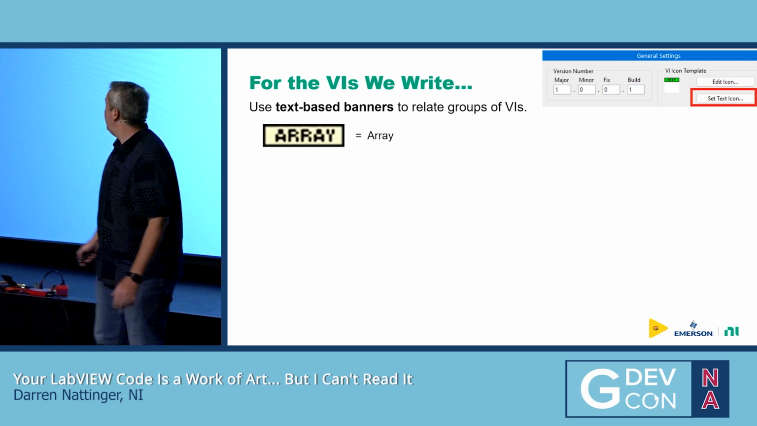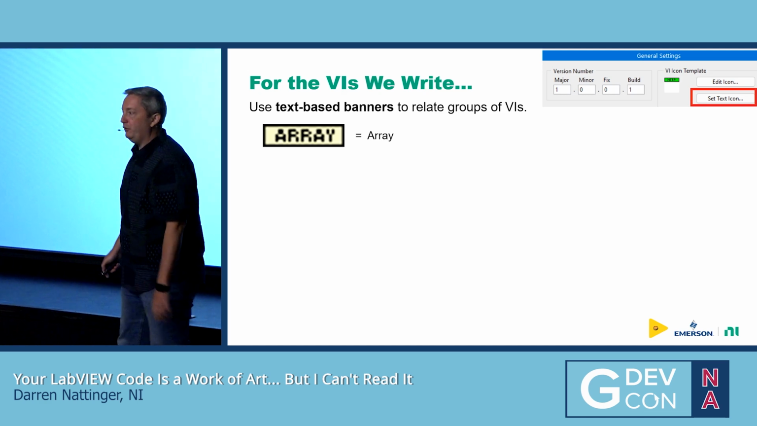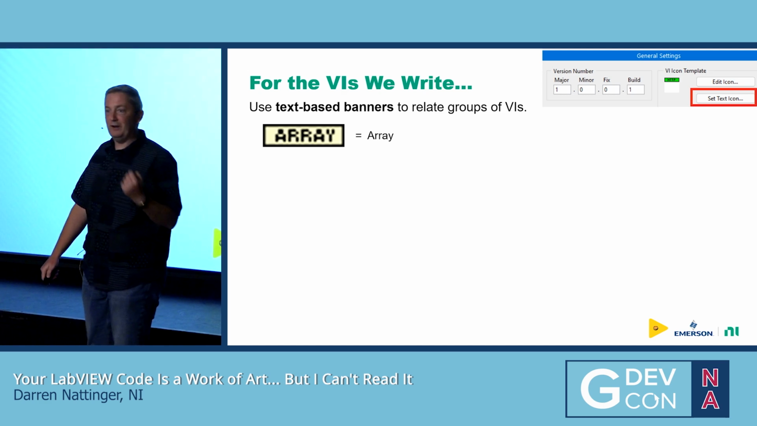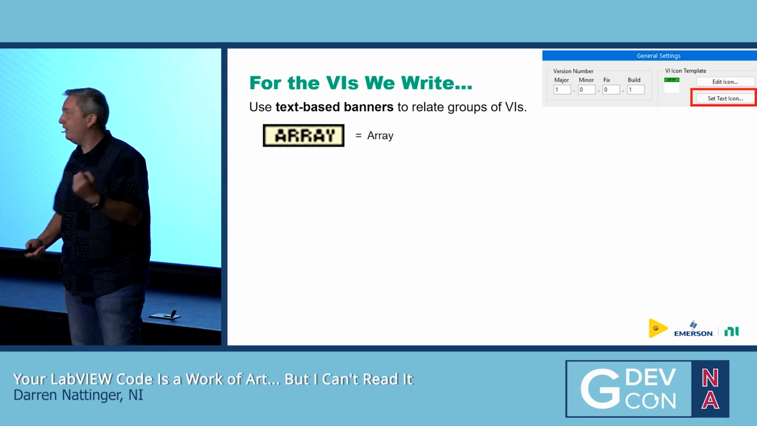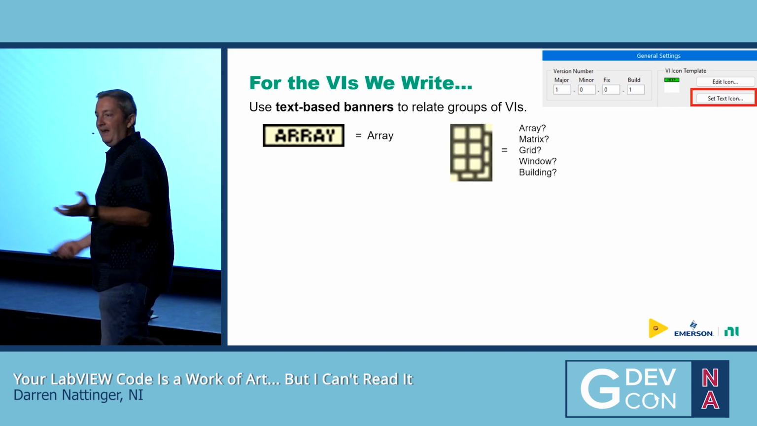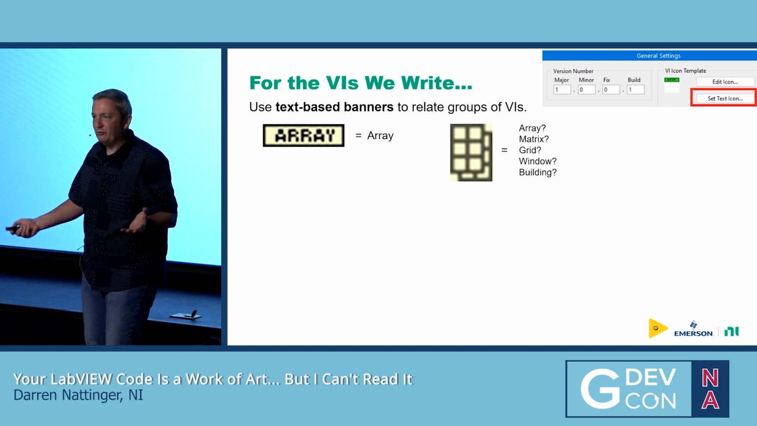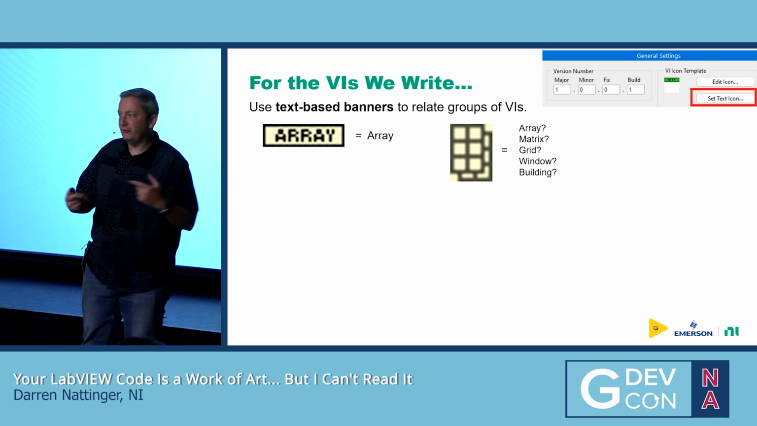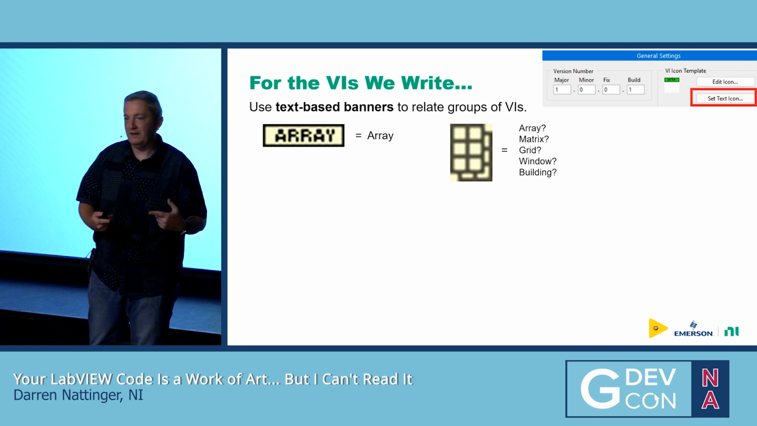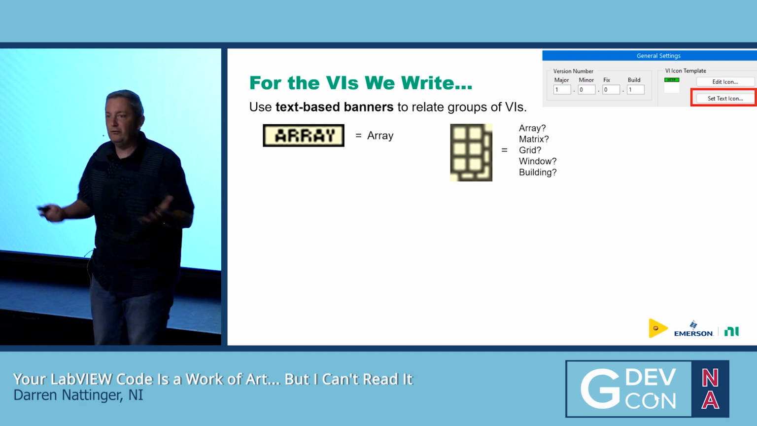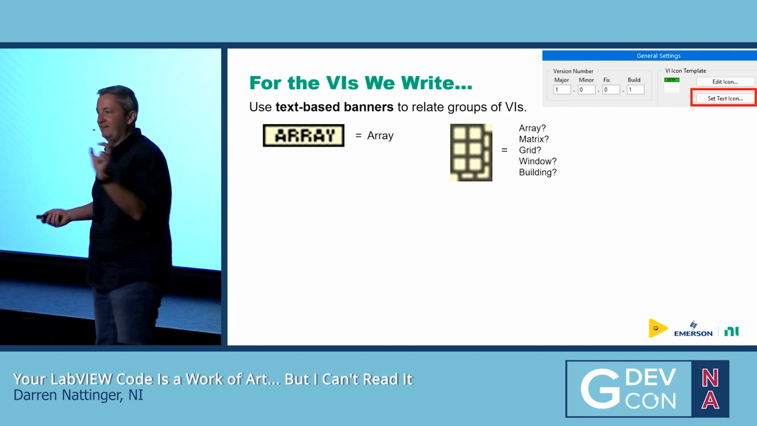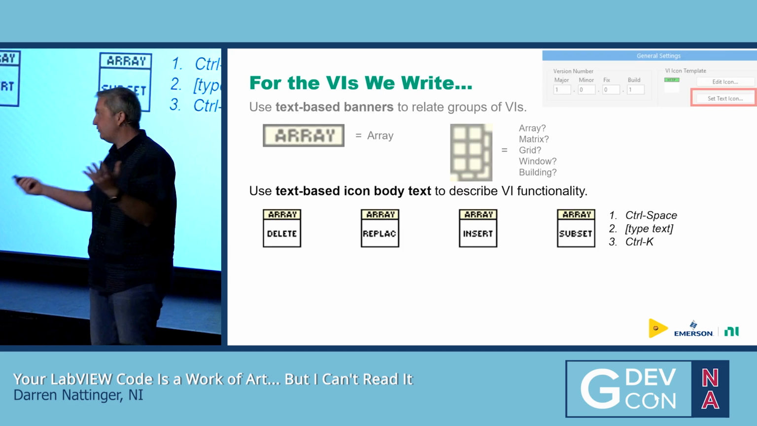You know what array means? It means array. If you start trying to be clever with your glyphs and whatever, you start using that thing, hey, is that an array? Is it a matrix? Wait, it kind of looks like a window. It also looks like what my kid would draw as a building. Just use the word. And then once you've got that text-based banner to relate a group of functions, you can